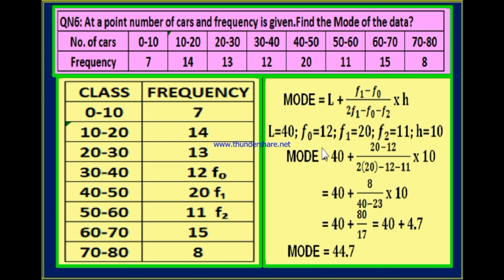Now substitute these values and simplify. Mode is equal to L value 40 plus f1 20 minus f0 12 divided by 2f1, 2 into 20, minus f0 12, minus f2 11, into h is 10. This is 40 plus 20 minus 12 is 8 divided by 2 into 20 is 40 minus 12 minus 11 is minus 23, into 10. This is 40 plus 8 tens 80 whole divided by 40 minus 23, 17. Now if you divide 80 with 17, you may get 4.7. Now if we add 4.7 to 40, then mode of the given distribution is